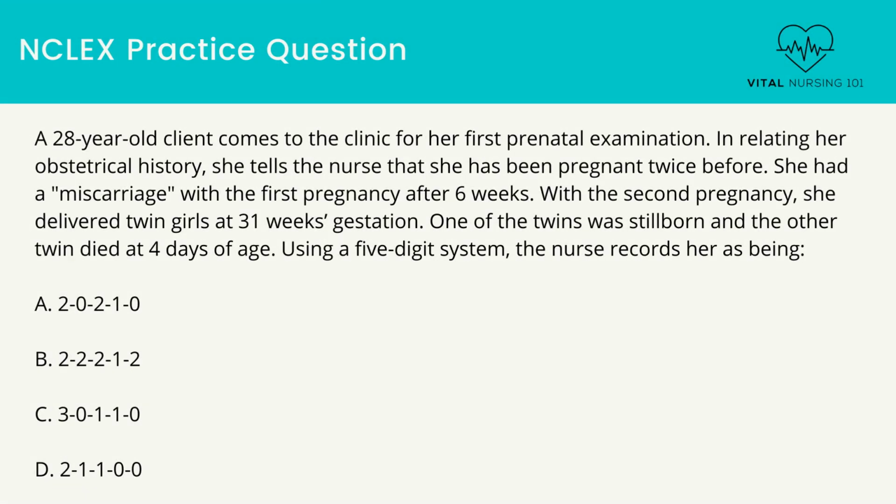A 28-year-old client comes to the clinic for her first prenatal examination. In relating her obstetrical history, she tells the nurse that she has been pregnant twice before. She had a miscarriage with the first pregnancy after 6 weeks. With the second pregnancy, she delivered twin girls at 31 weeks gestation. One of the twins was stillborn and the other twin died at 4 days of age. Using a 5-digit system, the nurse records her as being